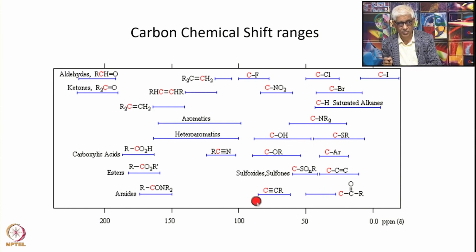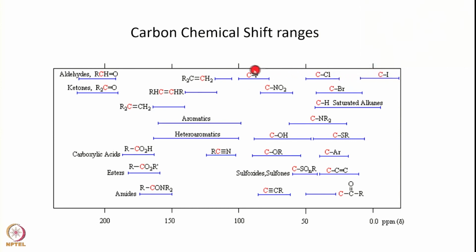The highlighted carbon is indicated in red color here. So you have RCOC that appears in this area, C double bond CC that appears here in this range and this range, and C aromatic you have this one here, CSR, NR2, CH saturated alkanes, CBR and CI. So CCI, so all of these are the halides here, iodine, chlorine, fluorine, and those ones will appear in this